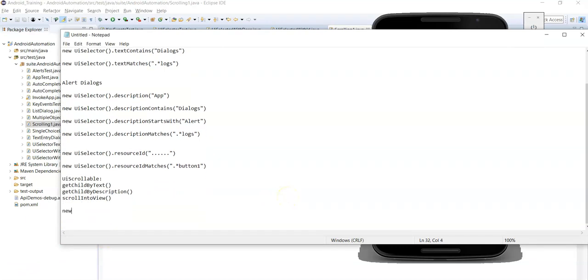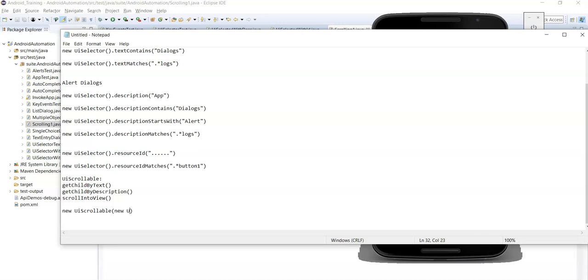First create an object for a new UI scrollable. Inside UI scrollable you need to pass the element of the scrollable container.